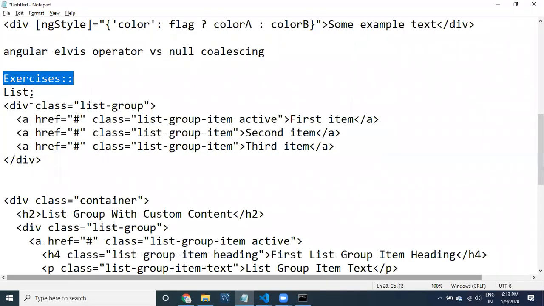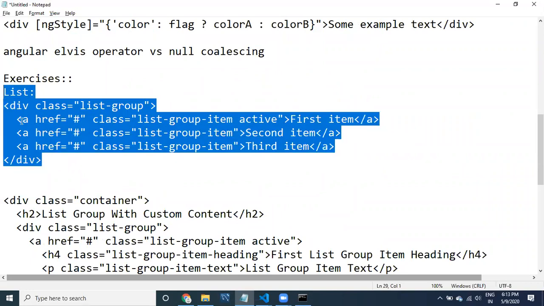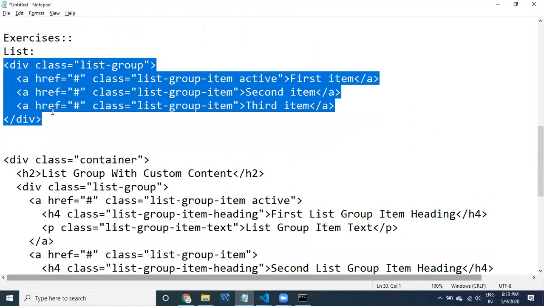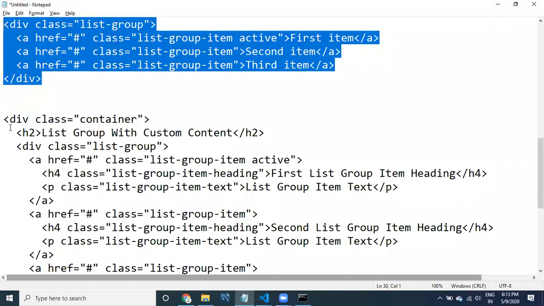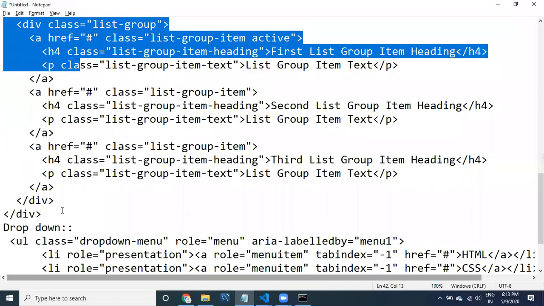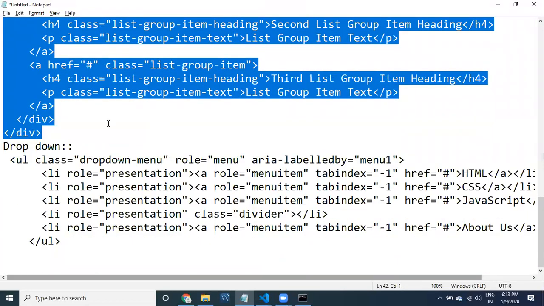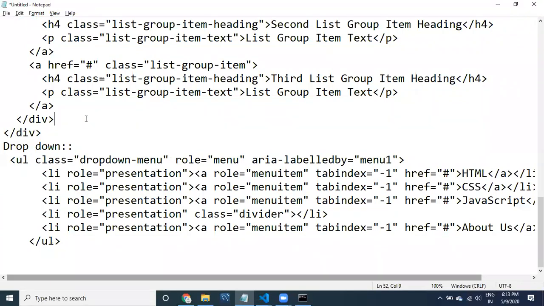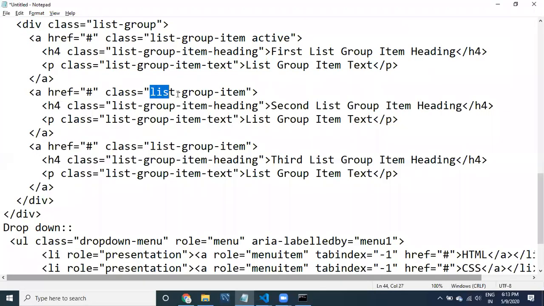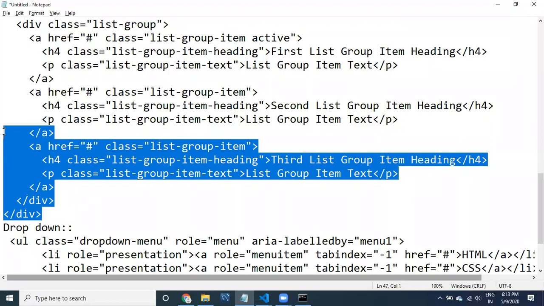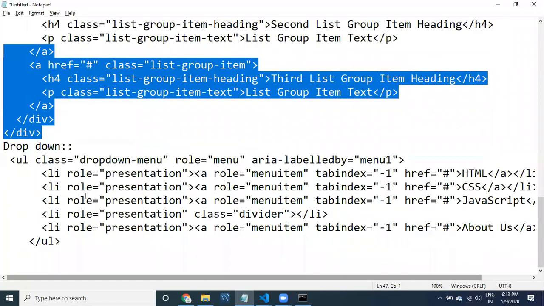Right now, for the exercises today I'm going to take a list. Using a list, how to create different types of lists by using an array of JSONs. This is the second type of list. This is a sample code for you. This code is from some website, where they have used Bootstrap CSS to create lists. You can use any styles, any containers, any kind of elements, any CSS classes from Bootstrap, and then we can start using it, guys.